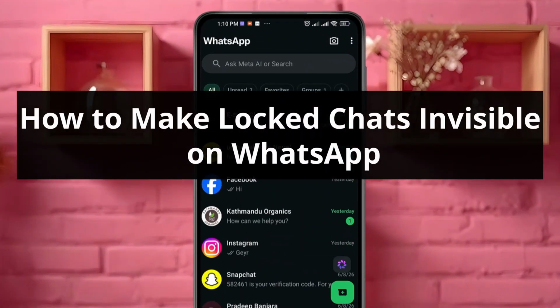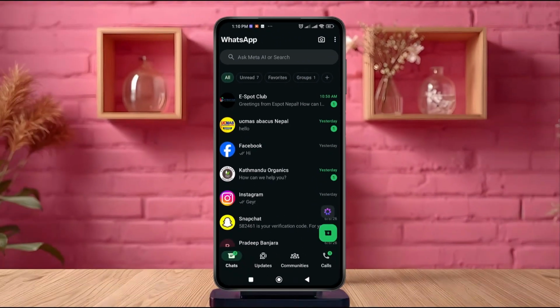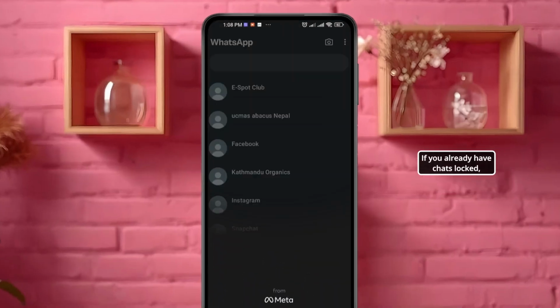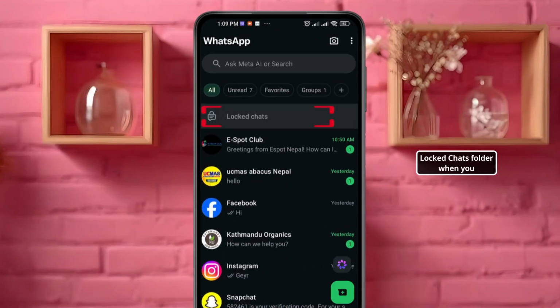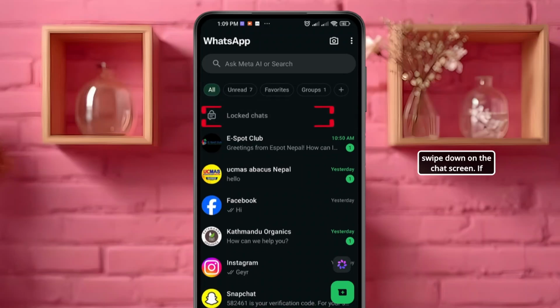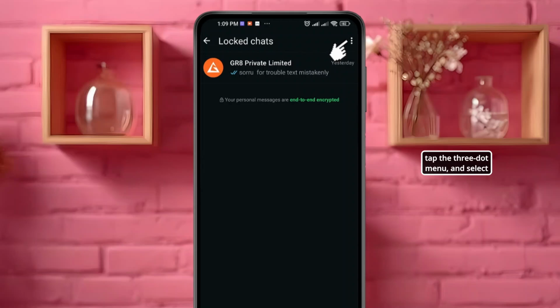Want to hide your locked chats from other people on WhatsApp? Here's how to do it on Android. If you already have chats locked, you'll normally find them in the Locked Chats folder when you swipe down on the chat screen. If you want to hide the Locked Chats folder, open it up, tap the three-dot menu, and